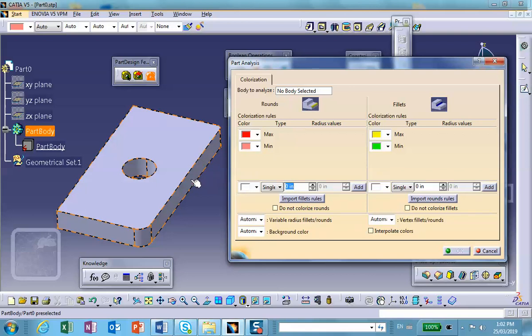a round. Whereas if the fillet was between two perpendicular surfaces, between two faces, it would be considered a fillet. There is a distinction between these two. Now,